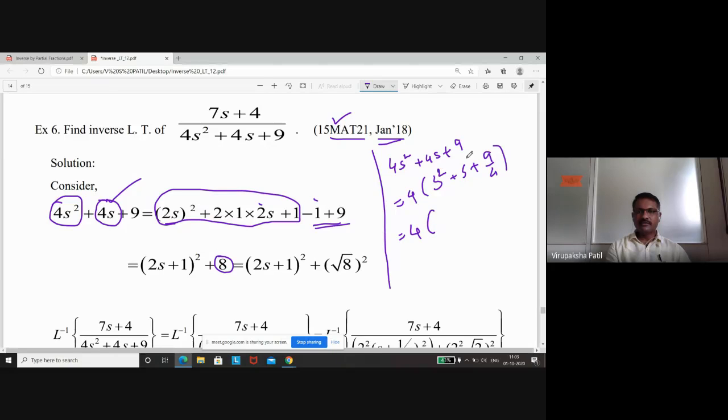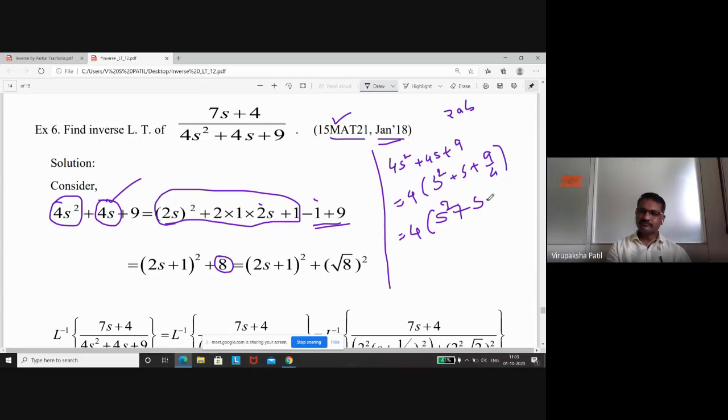Now you have to make this a square. For that purpose, what will we do here? S square, it is s there. So what should we write there? You must get s here. S means 2ab form, that is 2ab. One term is already there. So 2 is not present, a value is present, b value you should choose. How are you going to choose the b value? This 2 is not present, so b value should be what there?